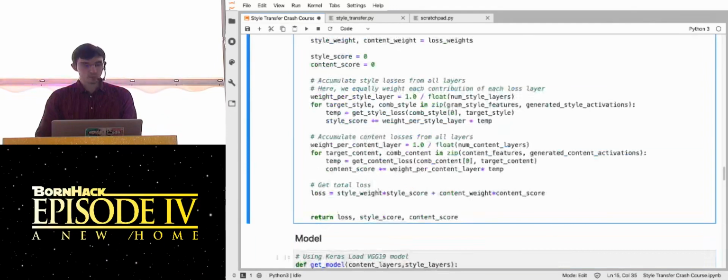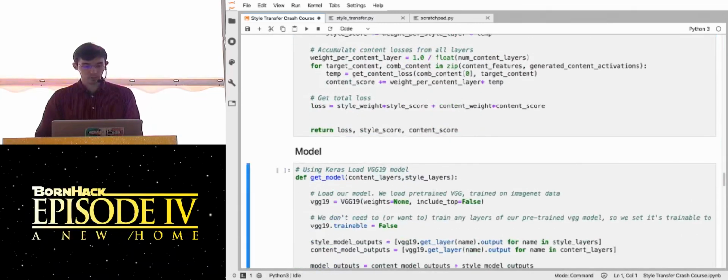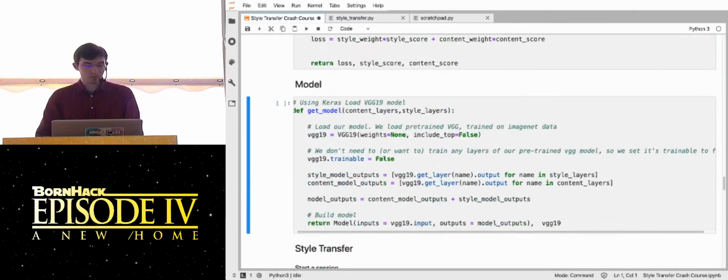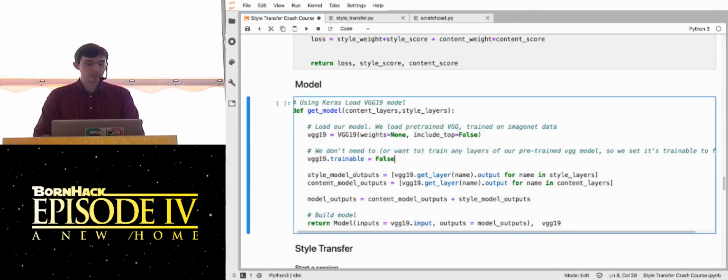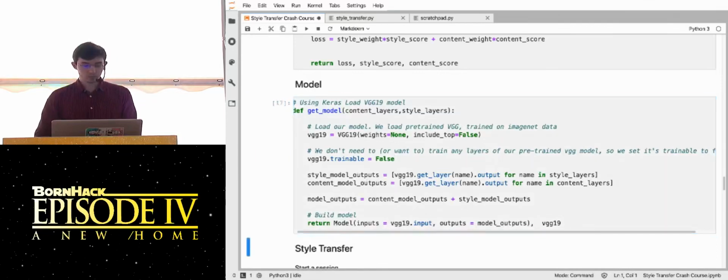And then we get one total loss by multiplying those individual losses by the amount of style that we wanted to keep and the amount of content we wanted to keep. We load up our model, and this is the important part. We don't want it to be trained. The model is trained as it is. It contains some knowledge. We don't want to touch it. So we tell it specifically that we don't want to train it. And we also define which layers' outputs we are interested in.